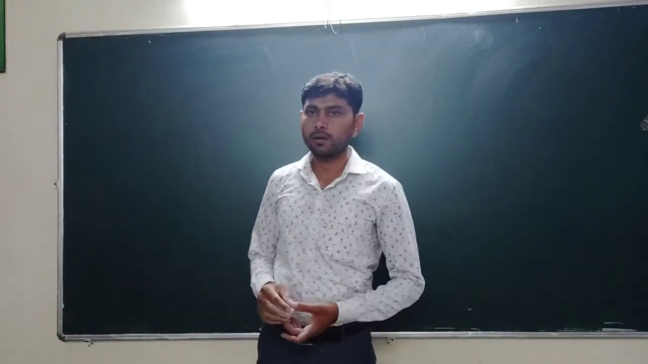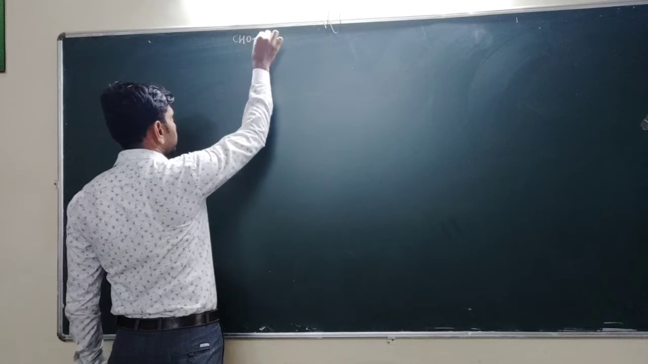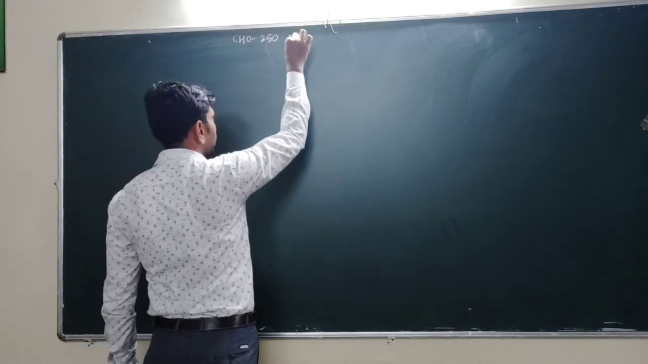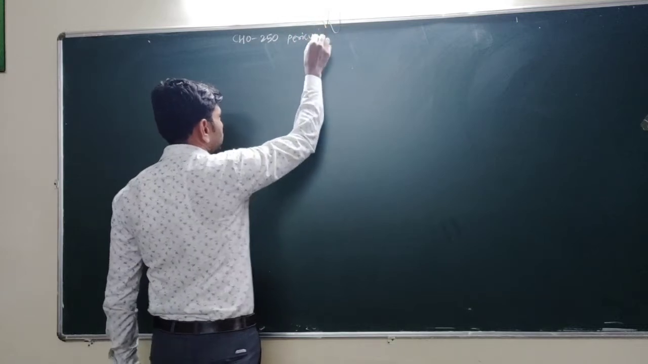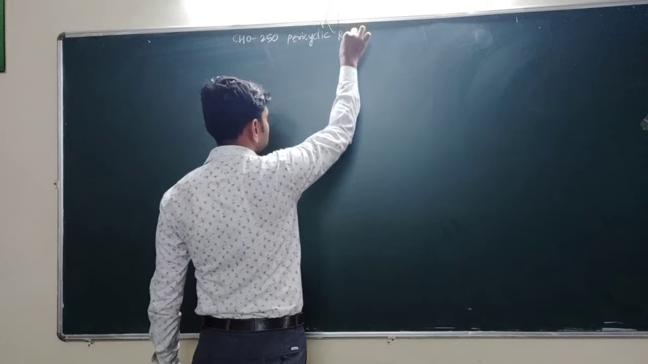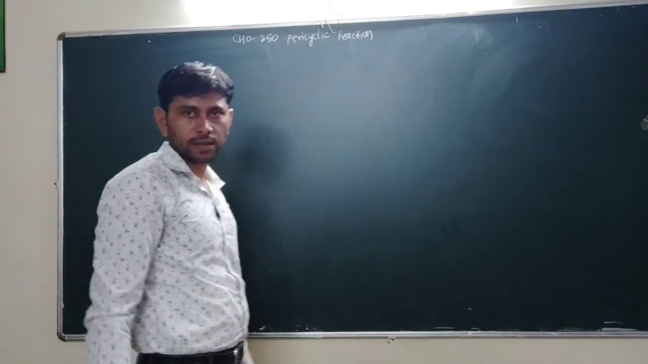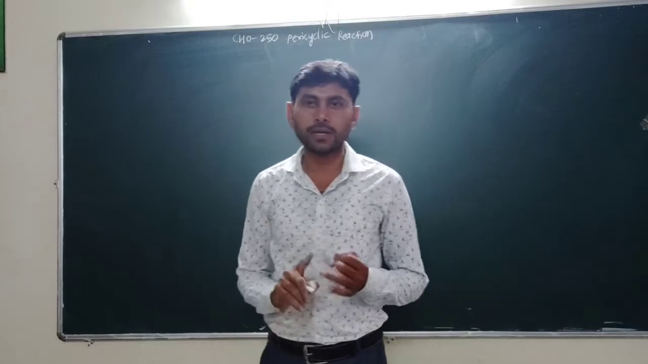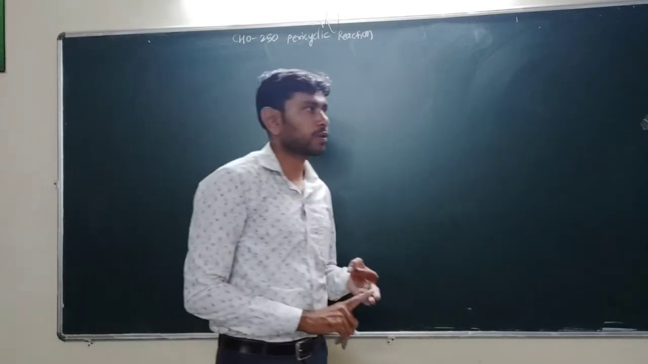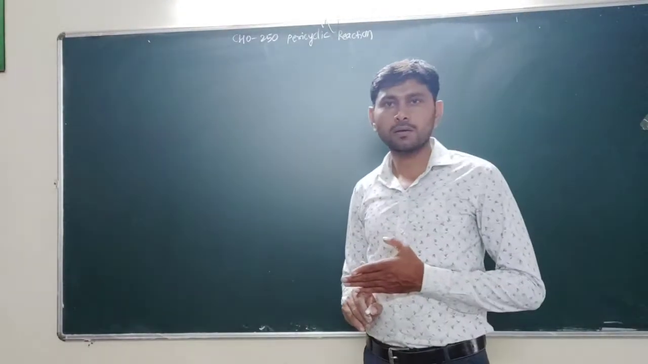Friends, in pericyclic reactions, CHO-250, in the last lecture we discussed the definition of pericyclic reactions and the types of pericyclic reactions. Mainly there are 4 types: electrocyclic reaction, cycloaddition reaction, sigmatropic rearrangement, and the group transfer